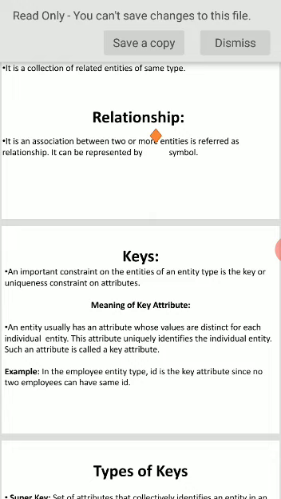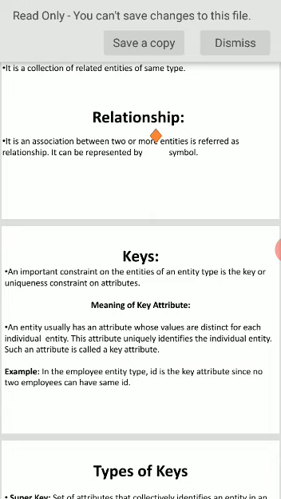That means what? Students will take the examination in a particular university. The university will give a unique number to each and every student. That is the key.